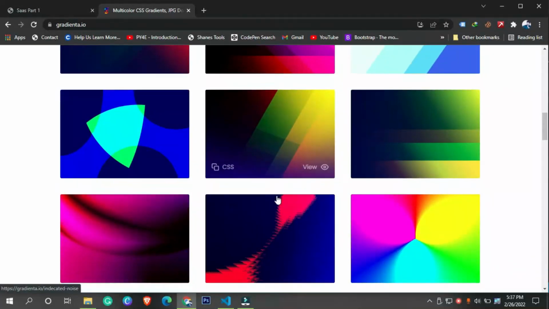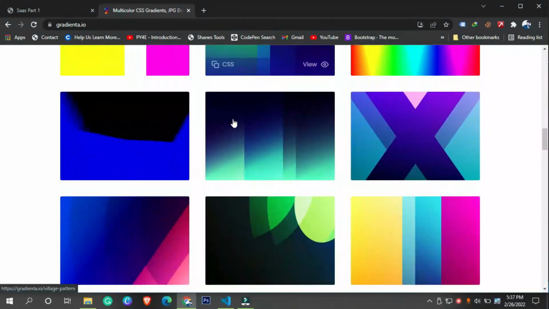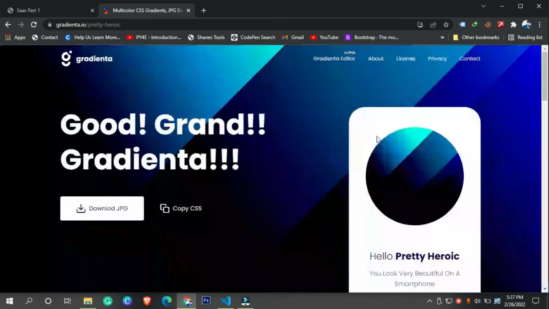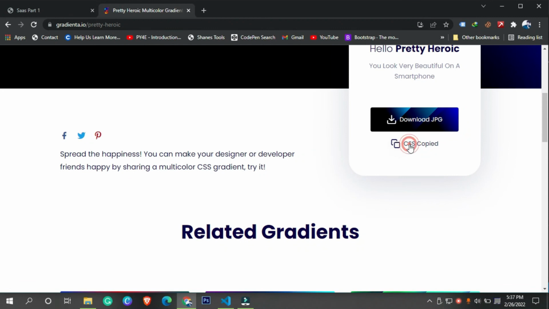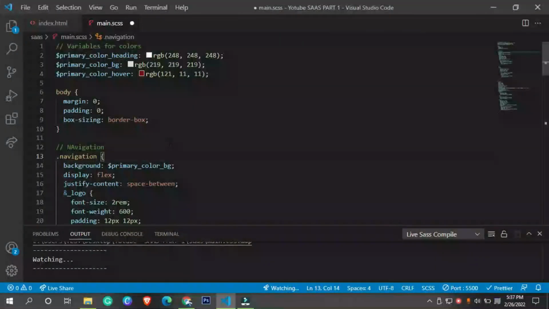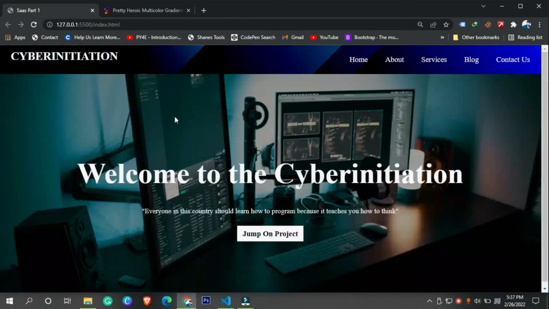If you are at a beginner level, you can go with a very simple background. You can also use a linear gradient generator in order to add your background. So let me copy this entire thing. This code is a little bit big, so I'm going to paste it right here and save it, and let me see how it looks. Yeah, it looks a little bit ugly, but I understand.